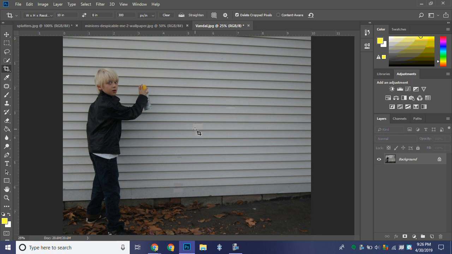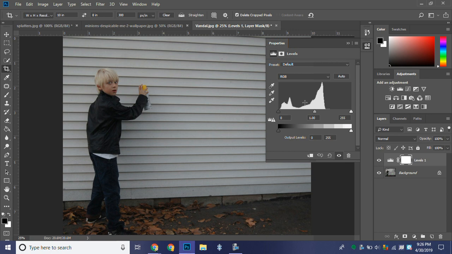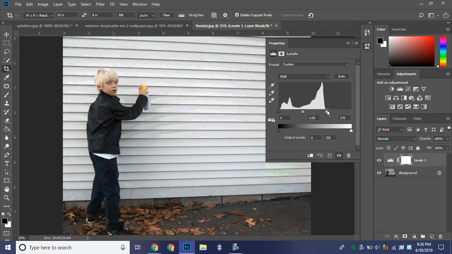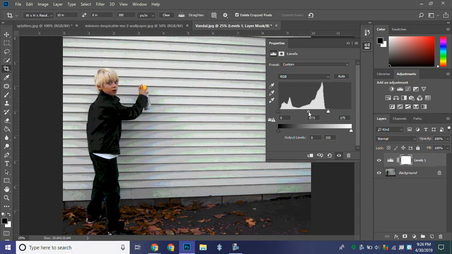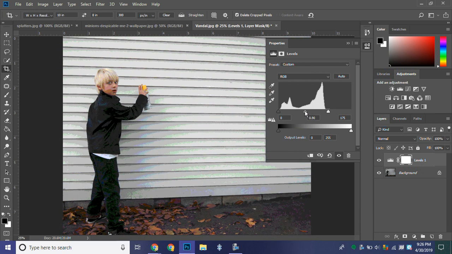Now I notice it's a little gray. Every photo should have a white to a black so that I get a nice value range. And look, this isn't even on the histogram. I'm moving my white over to the mountain. Climb the mountain, white. And there we go. That might be a touch brighter than I want. And I can move the gamma, fancy name for my gray, and kind of keep that texture on the wall